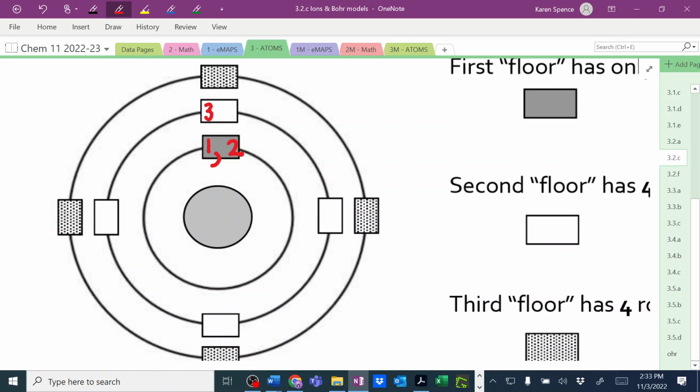Okay, so where will electron 4 go? In a different room, okay? It could go here or here or here. Like I said, it doesn't matter. I'm going to put number 4 here because I like to go around, like I said, like a clock, okay? Where is number 5 going to go? At the bottom. And then 6 will go